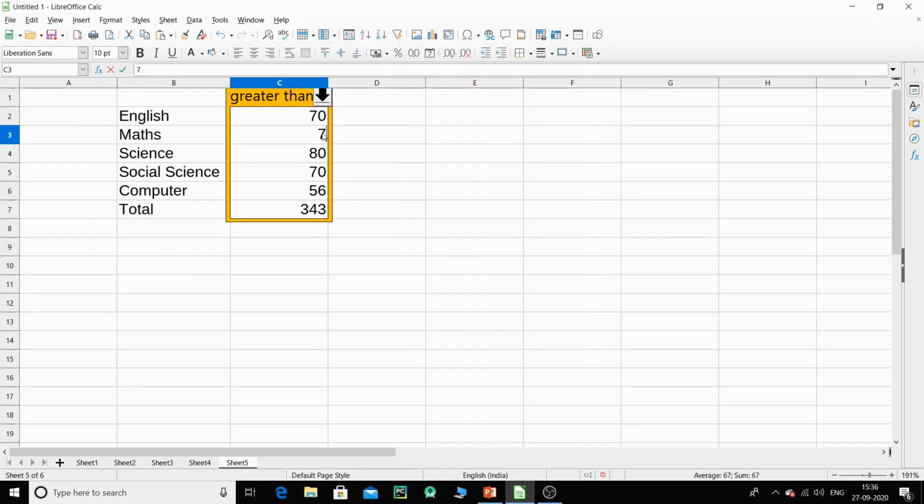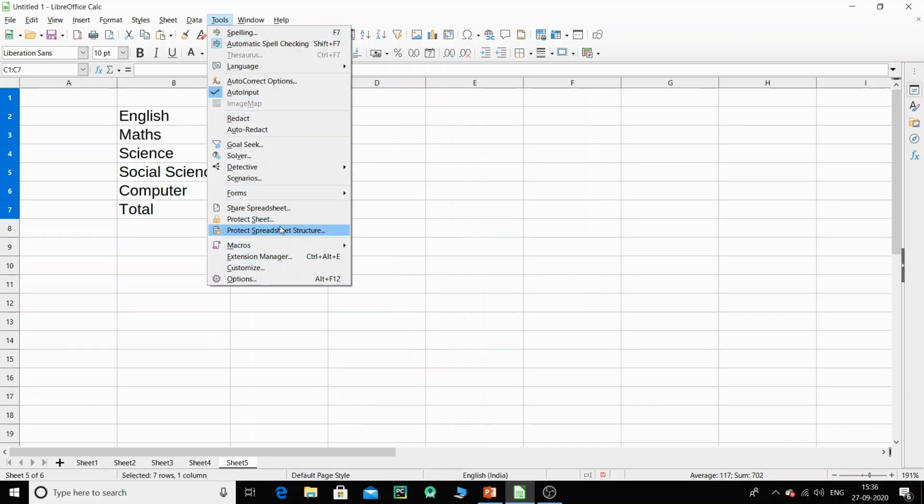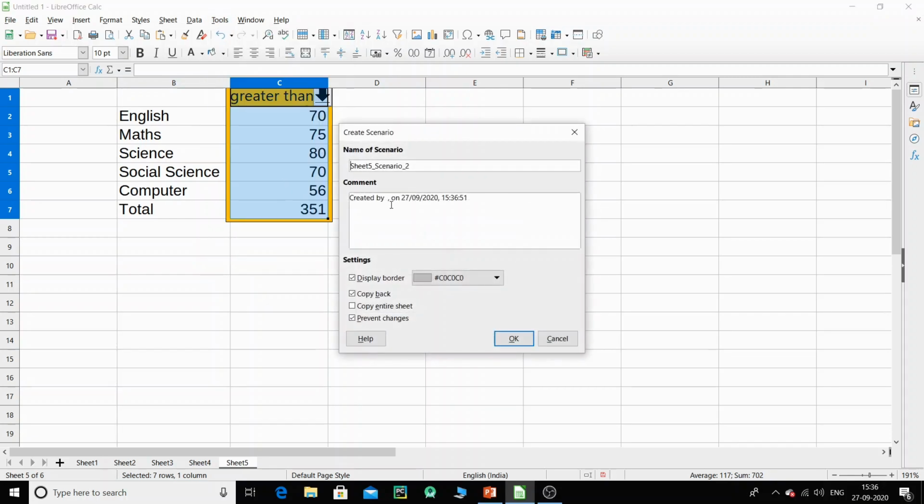I will take this to 70 as well, or I will take this as 75. Okay, so if I have these marks, my total will be 350 plus. Now I'm going to select this and click on Tools, and then click on Scenarios. And now this is my second scenario, which says greater than 350.